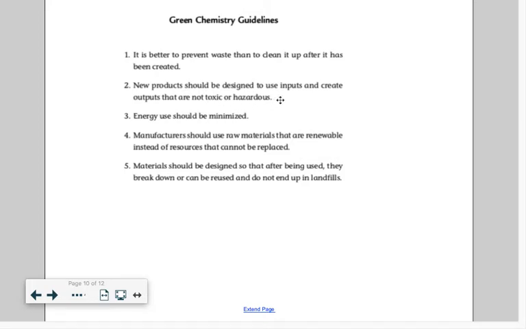Maybe you want to talk about aluminum. That is also another metal, and it would be a new product that maybe isn't as toxic or as hazardous, and maybe you want to pull from an outside source, look in another activity about how aluminum or another product of your choice, it doesn't matter, might not be as hazardous.